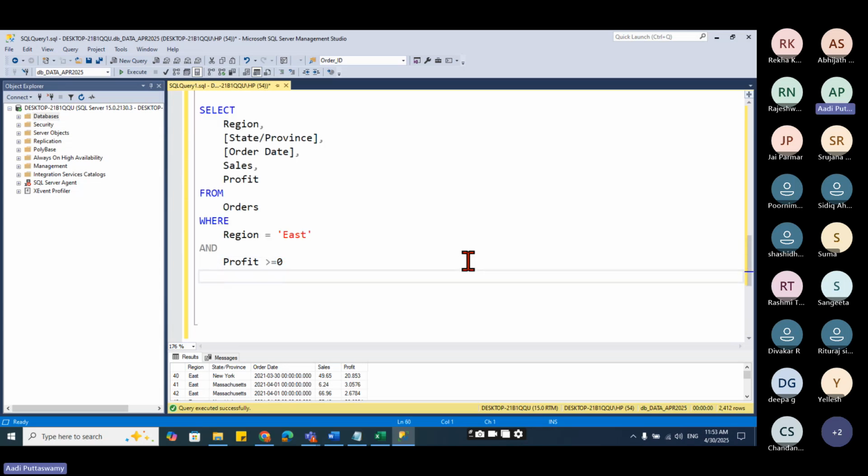And I want to sort the data where the highest value should come on top. Then what I'll do? Which clause should I use? Order by. I'm using order by. Which column do I need to sort? I wanted to sort based on the sales column, right? I want the highest sales on top. Then I'll go here and say sales.